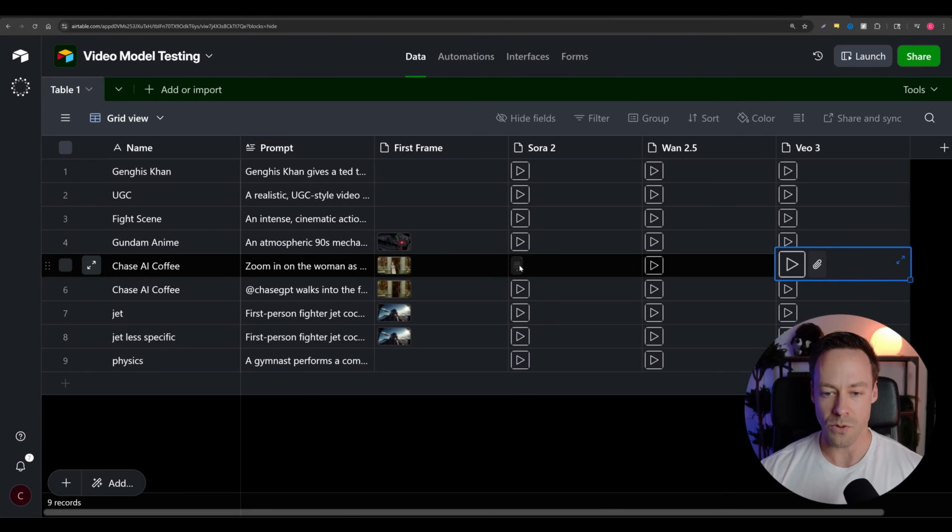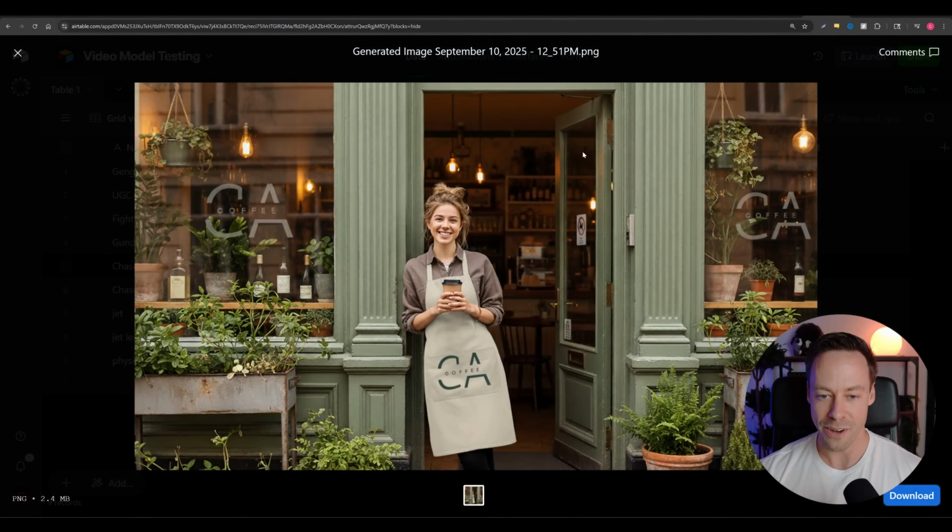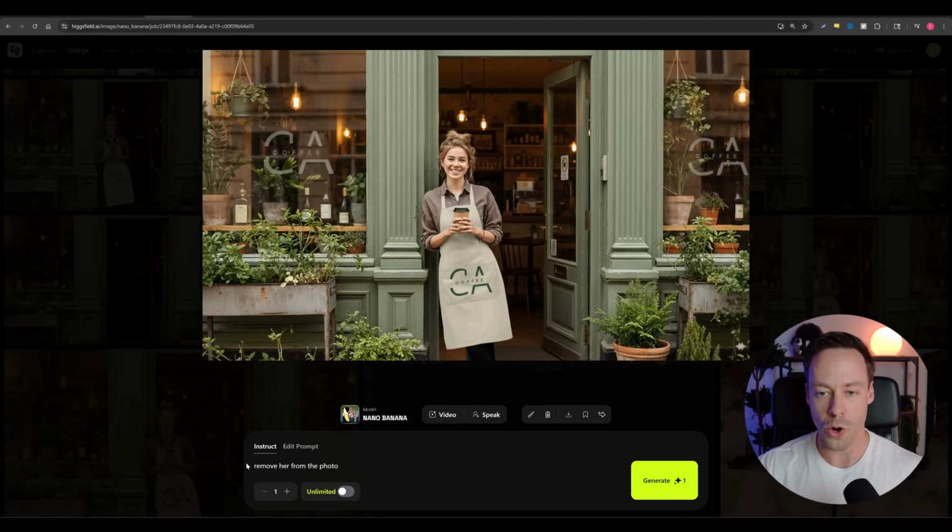But let's go back to Sora. This is an issue. How can we get around the fact that I can't put in people? What can I do here? Now, we aren't completely out of luck because we have a few options. So let's start from this single image. I have to somehow remove her. There's a simple way to do that. The easiest way is I just have AI remove her from the picture, and then we start from there. Right here, I'm inside of Higgsfield, so I can use either Nano Banana, or I can use something like Dream and just give it the simple instruction, hey, remove her from the picture.